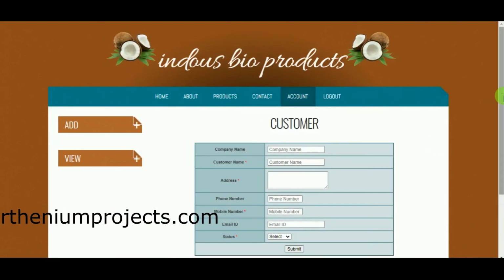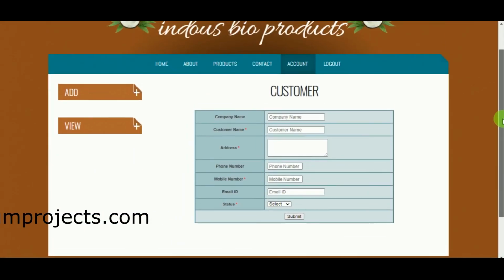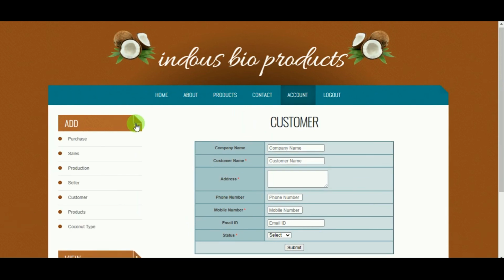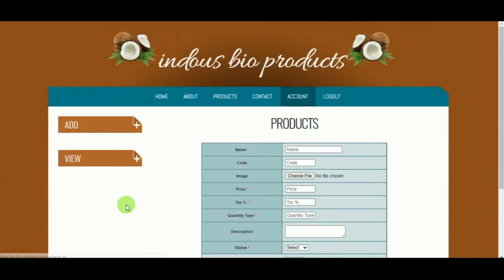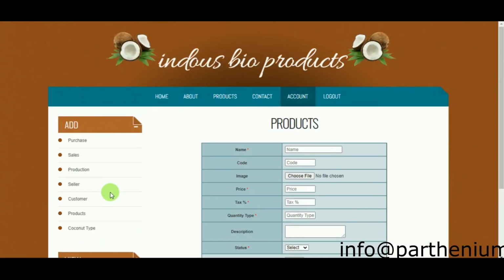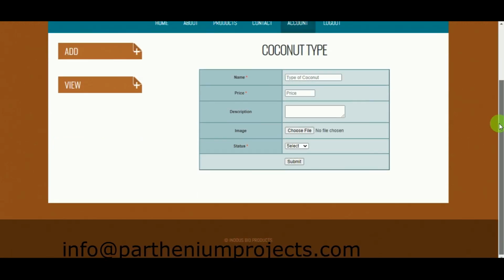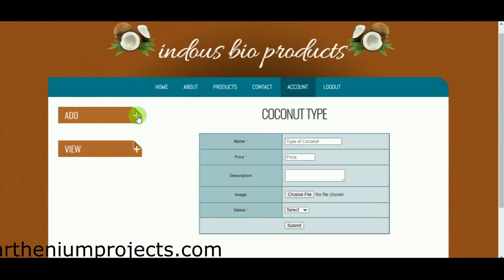If you want to add any of the customer, you can add customer, give the company name, give their details and you can click on submit. Next one, products. You can add any of the products. Then you have coconut type. You can add the coconut type. This is about adding option.